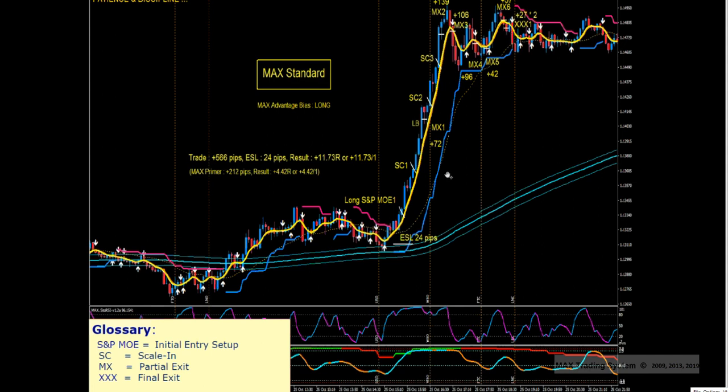Because it is not because the stop loss turns from green to red that we have to immediately exit the trade. We need to wait for an entry setup in the opposite direction. By the way, in this example, the entry setup was called safe and perfect MO. MO means momentum entry, and it is one of our entry setups we can use at the beginning of a new trade. And so 1 initial entry, 3 additional scalings, 6 partial exits, and 1 final exit,